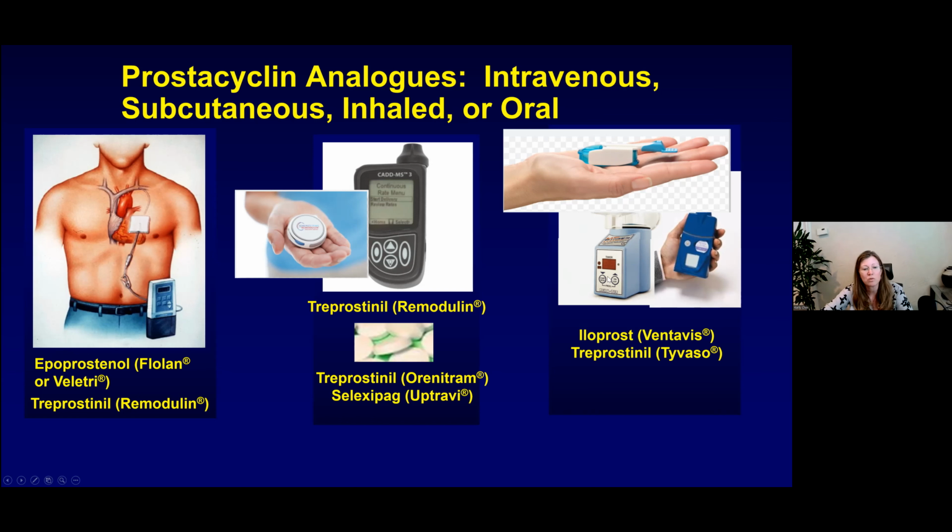We're using this mostly in interstitial lung disease patients, but it has fewer prostacyclin type side effects. So if a patient has a lot of side effects with oral, we might switch to inhaled. Neither are as strong as the IV and sub-Q, so those are definitely our first choice for our sickest patients,